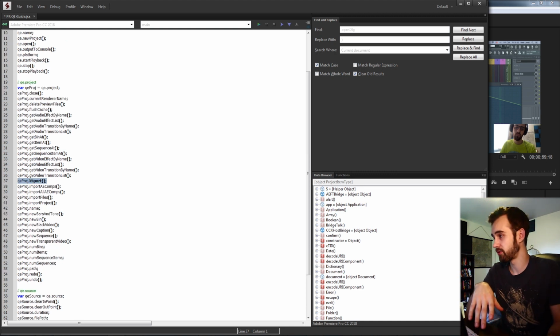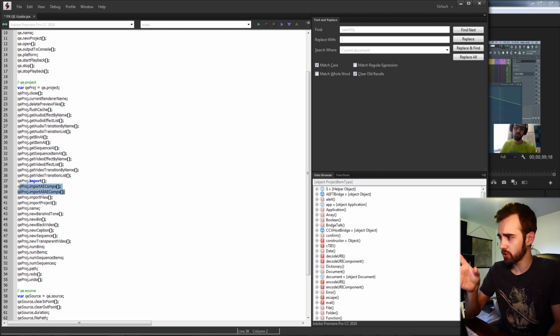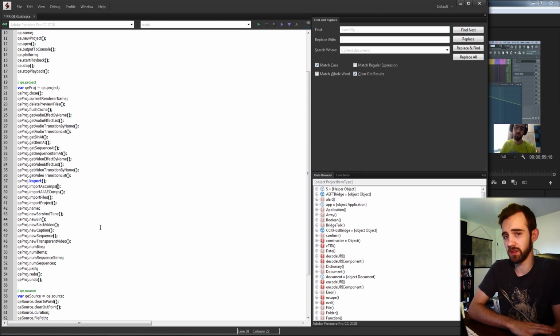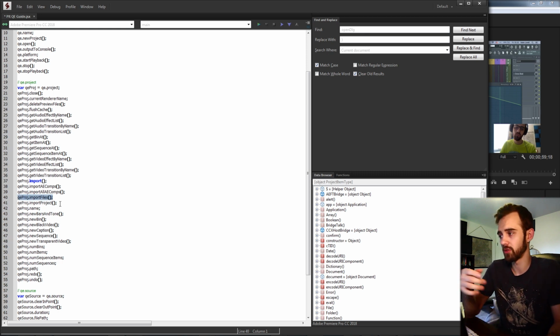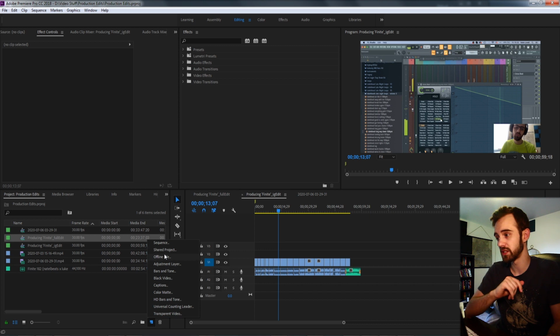We can just have a general import. We can import all of the After Effects comps, or just certain ones based on this, and those arguments might be based on the file or the After Effects project itself. We also have the option to import a large amount of files or a batch number of files by providing an array of files. You can import another project. You can grab the name of the current project, and some also useful things is creating new project items that are available in this menu here.